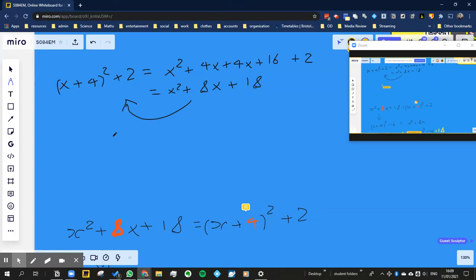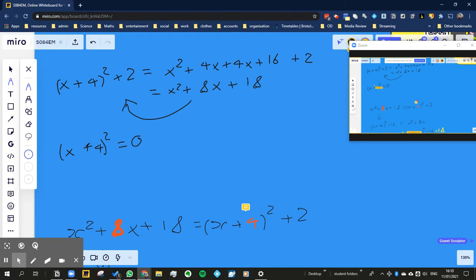So why would you want to have the formula in this way? Well, if we imagine the equation was just x plus 4 all squared is equal to 0, what can you say about that equation? This equation would have only one solution, because normally, most of the time, you would try to solve